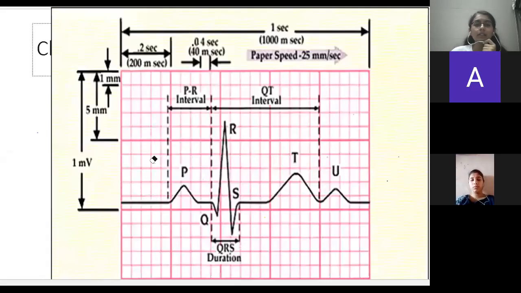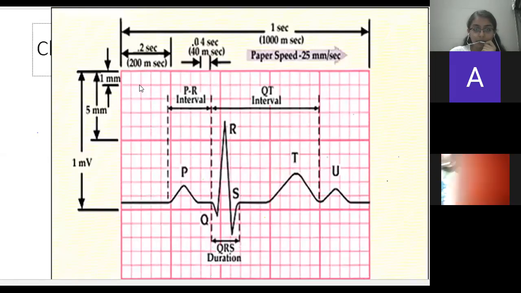Okay, now this is a normal ECG graph or a chart that you see. This is a normal electrocardiogram. Okay, so as you see, the ECG paper or the graph is different from normal graph that we use. It has big boxes and small boxes, but there are only 5 small boxes. There are 5 vertical lines and 5 horizontal lines, I guess, in my course. Yeah, 5 horizontal lines and 5 vertical lines.